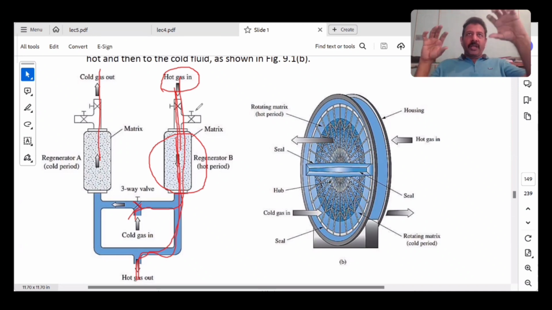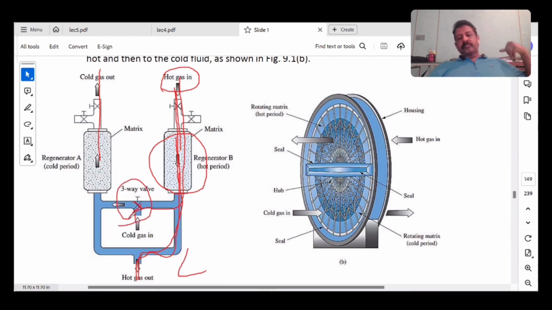So இதை நான் வந்து ஒரே இது யூஸ் பண்ணனா என்ன ஆகும், எனக்கு டைம் வேஸ்ட் ஆகும், ரைட்? If I wanted to have continuously, I use a setup like this. ஒரு 3-way valve ஆட்டம் போட்டேன்னா, ரைட்? So ஒரு இதுல ஹாட் கேஸ் உள்ள வந்துட்டே இருக்கும், இன்னொரு இதுல கோல்டு கேஸ் வெளில போயிட்டே இருக்கும். ஆல்டர்னேட் சைக்கிள்ஸ்ல இட் வில் ஆப்ரேட். ஸோ இதே மாதிரி ரொட்டேட்டிங் மேட்ரிக்ஸ். ஸோ இது ஃபர்ஸ்ட் இதுல இருந்து இது வரும்போது ஹாட் பீரியடா இருக்கும், இதுல இருந்து இங்க வரும்போது கோல்டு பீரியடா இருக்கும்.